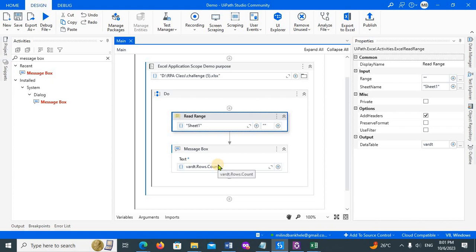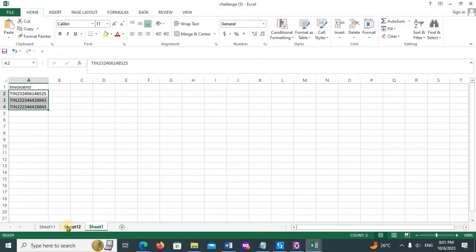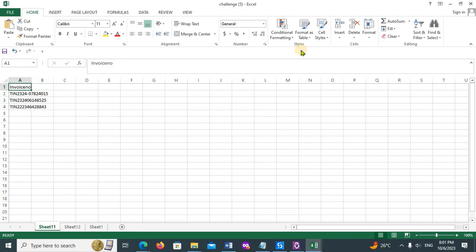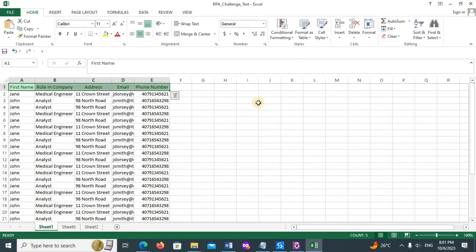There are a lot of activities, a lot of functionality which is available in the data table. Got it? Now this is fine. We have not chosen any range here. Now I want to access only this particular data. If I want to read a specific data, for example,